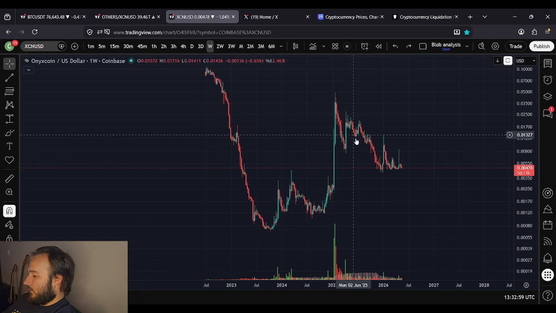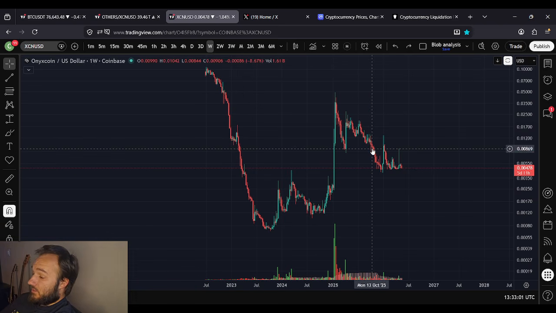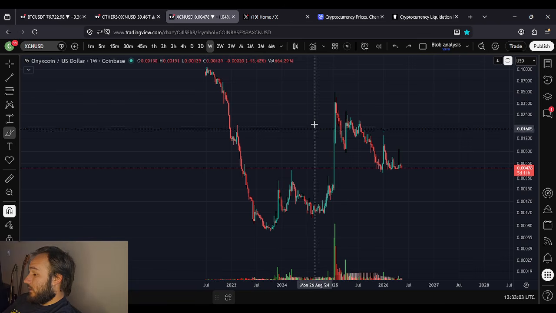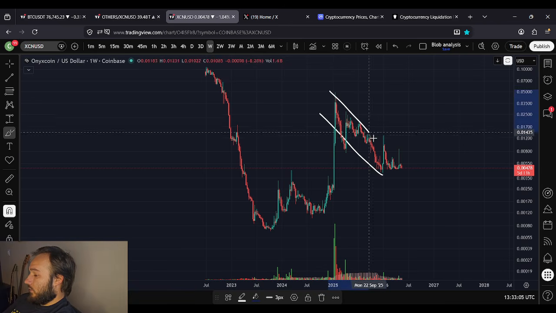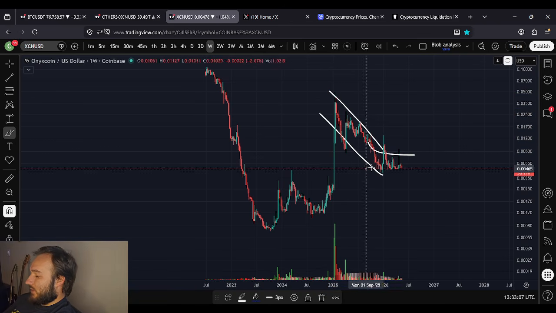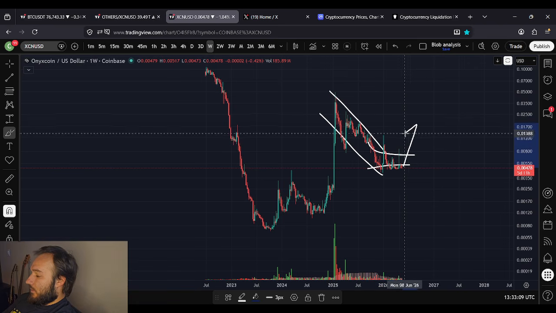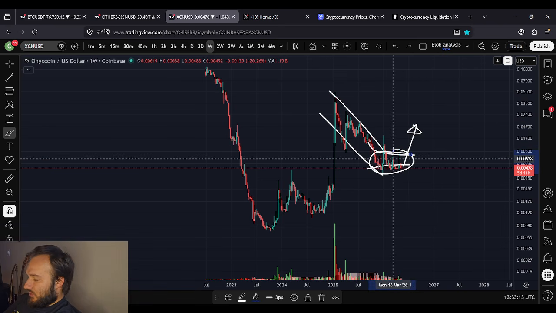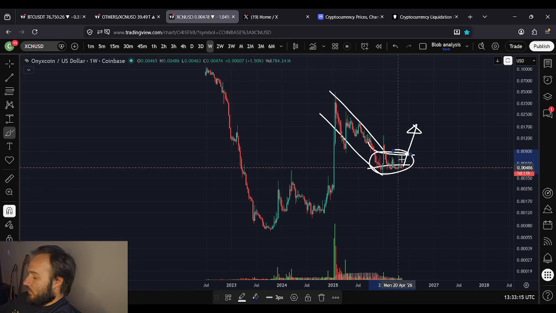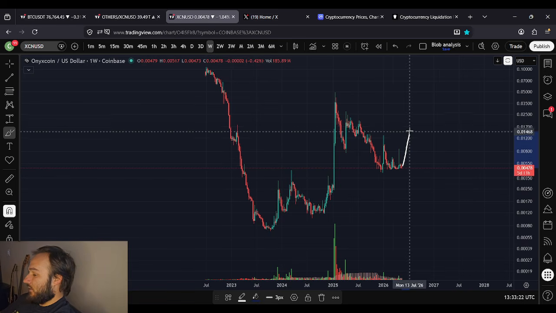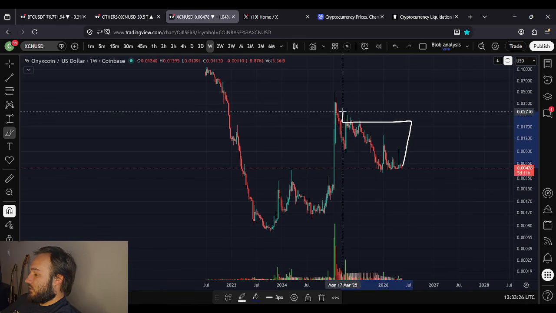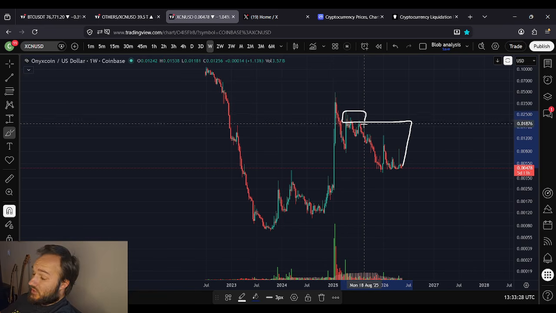We have dropped for about a year and dropped over 90%. And not only that, you went from dropping lower lows, lower highs here to moving sideways. And if we were to move up here, anybody looking back at this would say, well, clearly we were going to move up. This is accumulation. You're moving down, you're moving sideways, breaking out. I wouldn't be surprised if we saw something like that. And if we were to break out, the idea would be that we go up to these points of resistance here, somewhere around 2 to 3 cents, really.